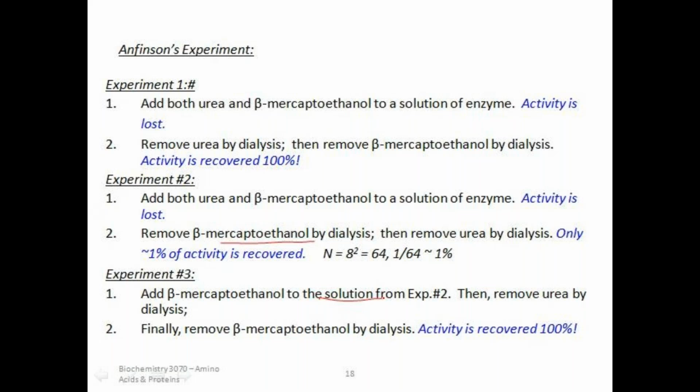Activity is recovered 100%. That means here urea is already there, and next the recovered beta mercaptoethanol is added to that one. Okay, and that gives the activity of 100%, and that is the experiment done by Anfinsen. Understood? This experiment is mainly used for the determination of tertiary structure,